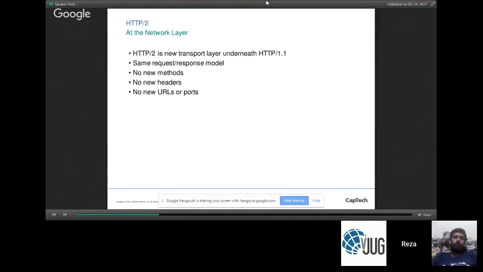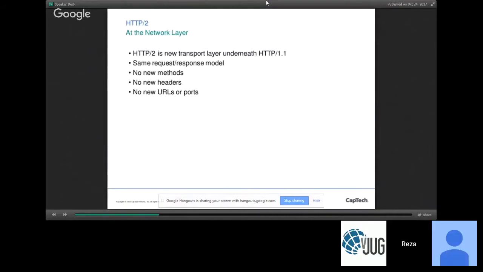Basically, the changes that happened in HTTP 2.0 are really at the transport layer. It's not at the layer where applications reside. So the basic API for applications looks very much the same. It's really the underlying plumbing.